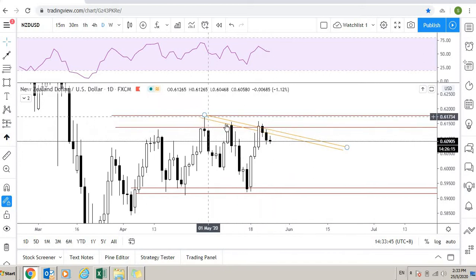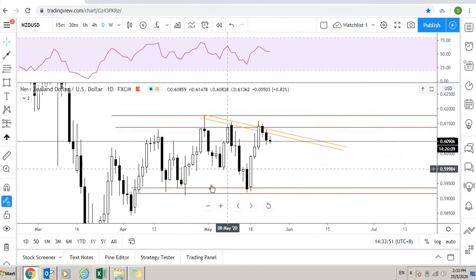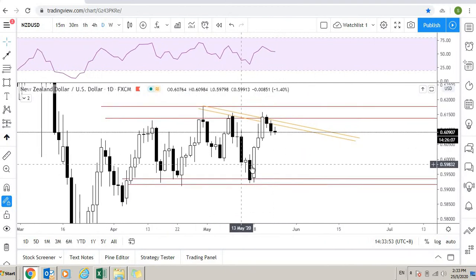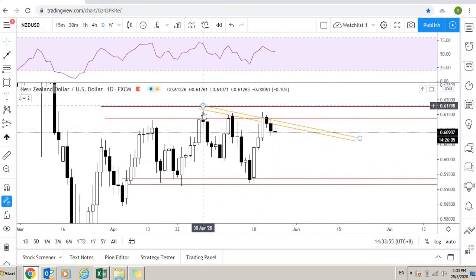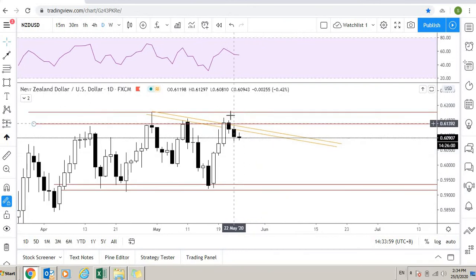This is the upper downtrend line. For the lower, we don't have any nice connection, so I didn't connect. I only connect the two highest points, and since this is the third touch, price started to actually